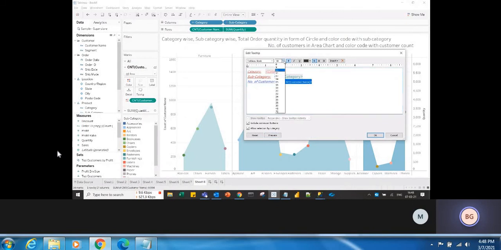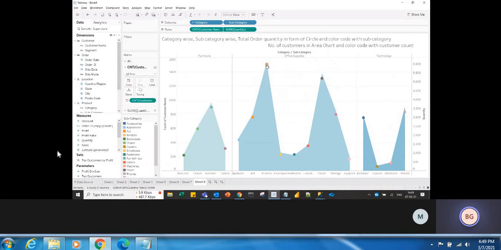So if you want to show it in the bigger size with whatever the color you wanted, like black, okay, and bold and underline. So now you see the preview, see number of customers, it is showing it in 68, right, whatever the format we have given. So click on OK. Now if you place it, see, it is not showing anything in this circle. Why? Because we have added this tooltip formatting in customer count mask card, right? So if you go to the customer count, see here it is not showing the order quantity. Before it was showing order quantity also, now it is not showing because we have removed it, right?